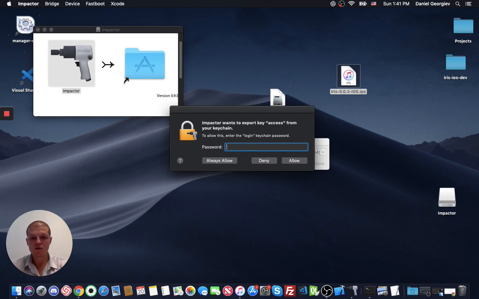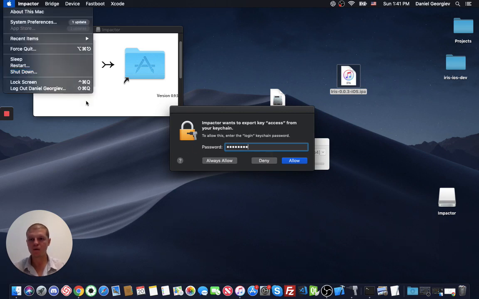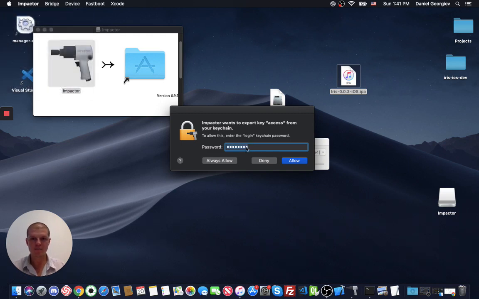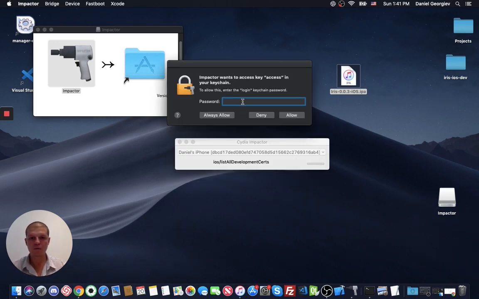Okay, so this is your login password that you use to log in on your PC. So I mean on your MacBook. When you shut down your computer and then restart it, you have a password to log in, and after unlock you have the same password. This is this password. So this is the password of your MacBook, and if you click allow, come on,